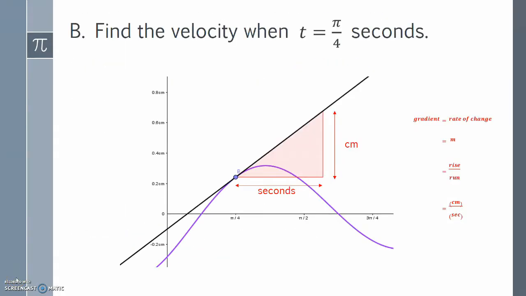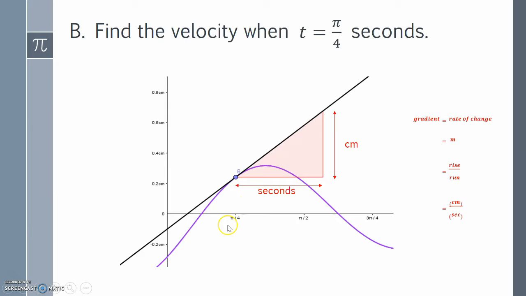Part B of the problem asks us to find the velocity when t equals pi over 4 seconds. To do this, we have plotted the purple line to represent y as a function of t. So to find the velocity, we need to find the rate of change of displacement. The rate of change tells us that we need to find the gradient. So all we need to do is find the gradient at t equals pi over 4